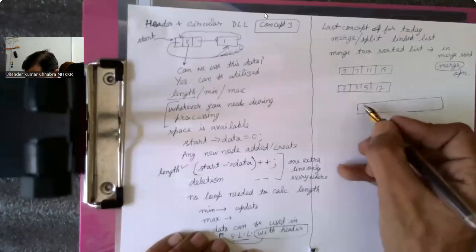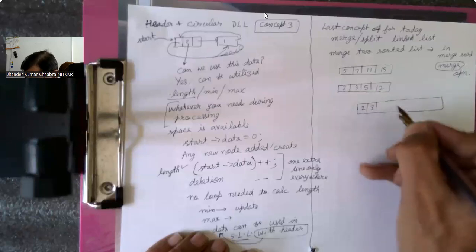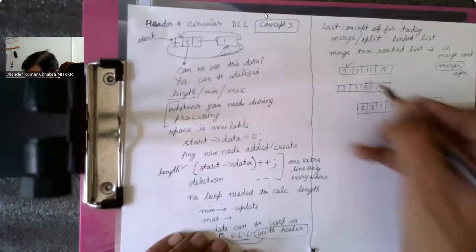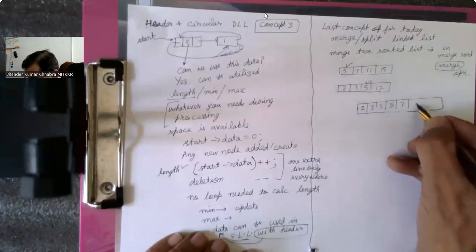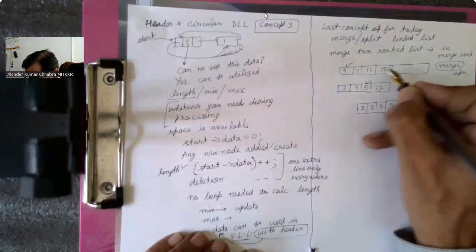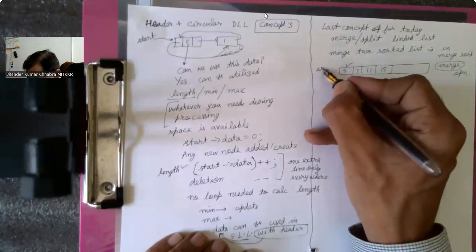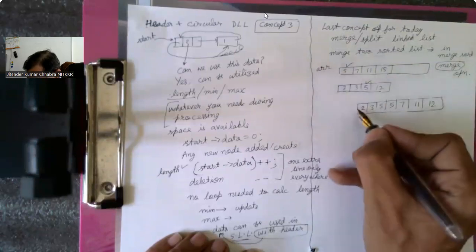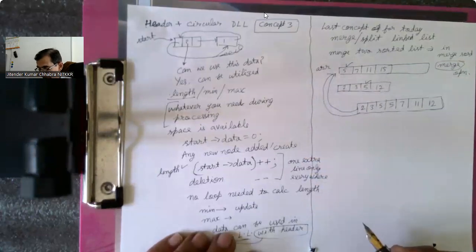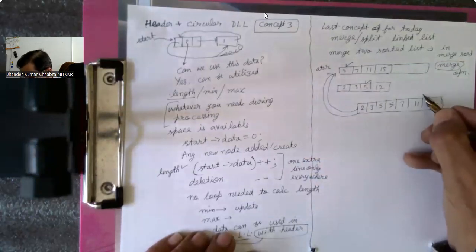So you took 2, then 3, then 5, then the second 5, and then 7, 11, 12. Because your original list was the array, you then copied all this data back onto it. This is what you did in arrays. You needed an extra array